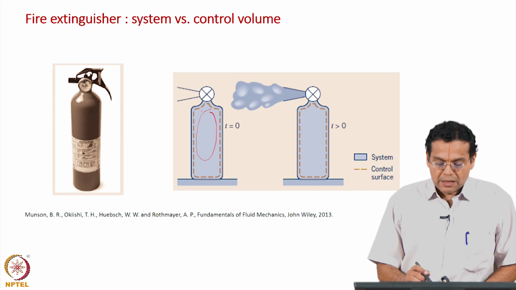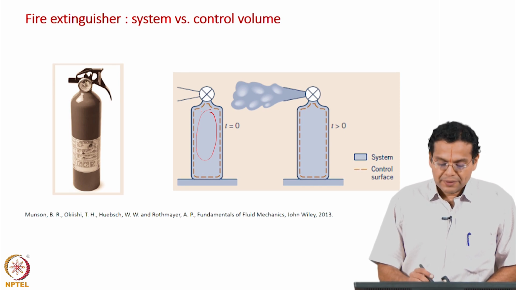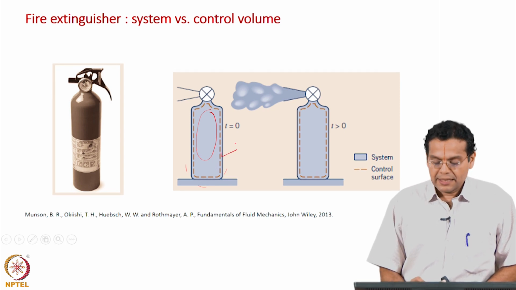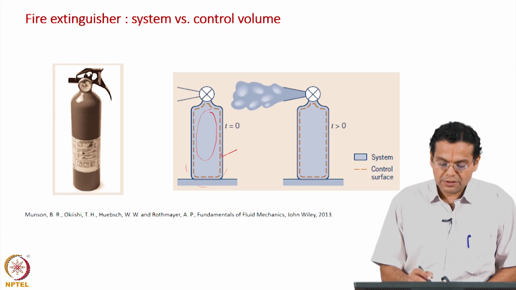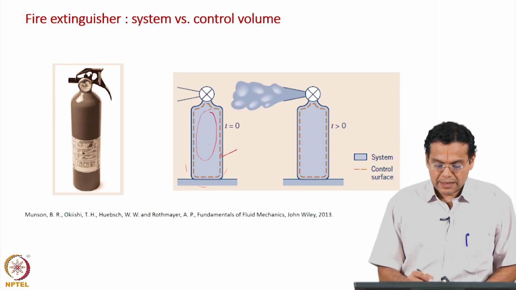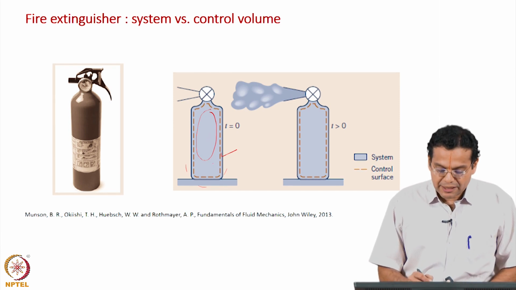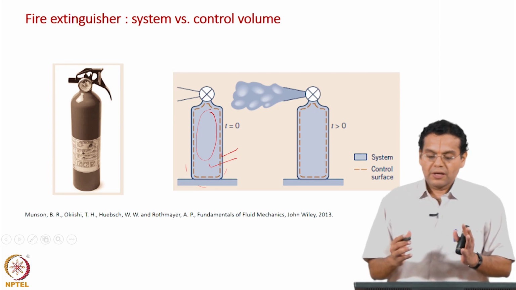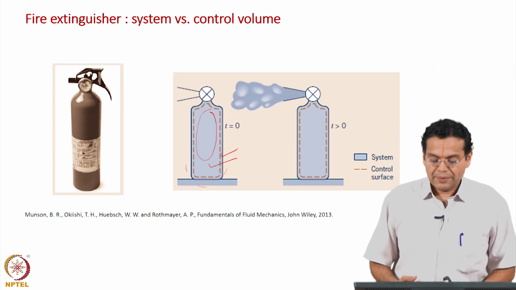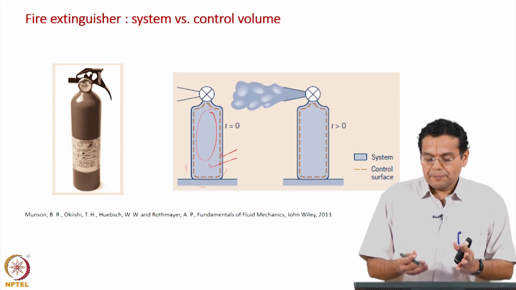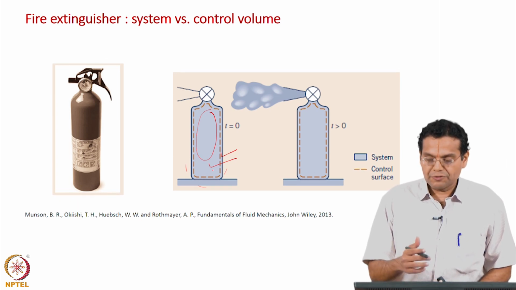Okay. What is my control volume? The cylinder is my control volume, and what is shown here, this dashed line, represents the control surface. So, control surface is a boundary surrounding the control volume. What we have done at time t equal to 0 is identify the contents of the control volume as the system, the entire cylinder as my control volume, and the control surface shows the boundary.